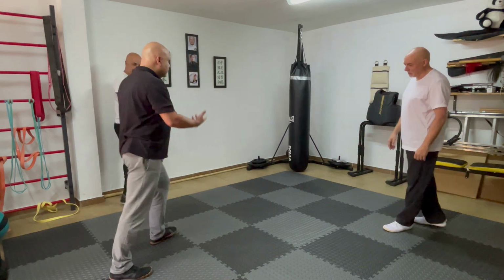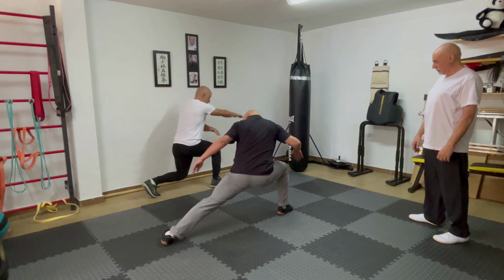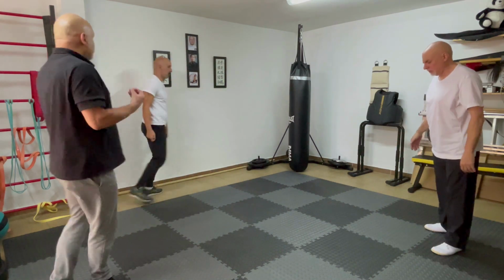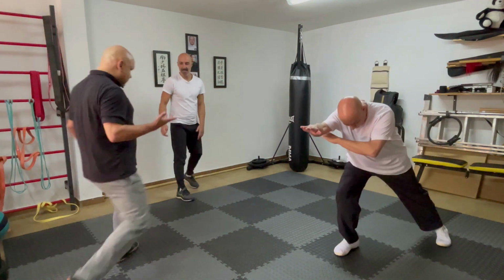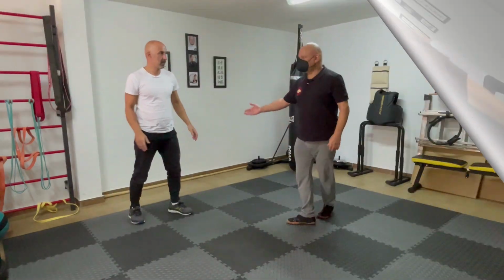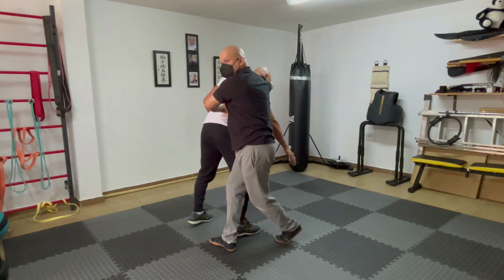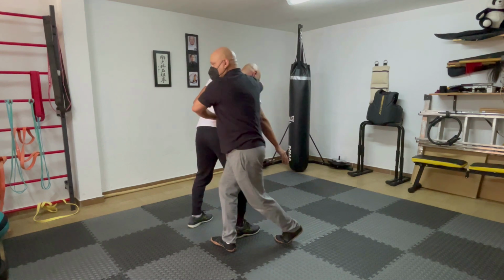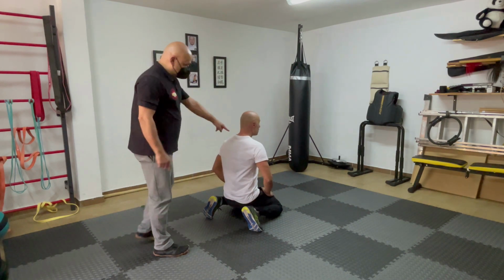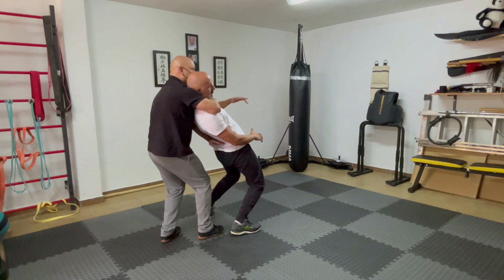Watch my feet. It's not like this. It's like this. That's why you need mobility in every part of you, so you can get into these positions. It's not only this arm. It's what I did with the knee. And what happened to him? Stand up. Look what happens to him. Down, down, and suddenly...